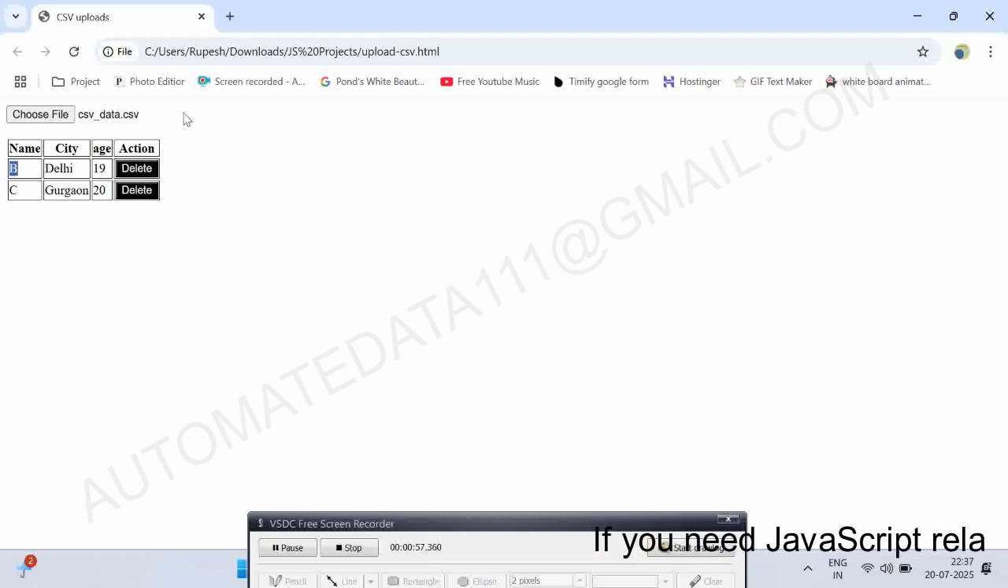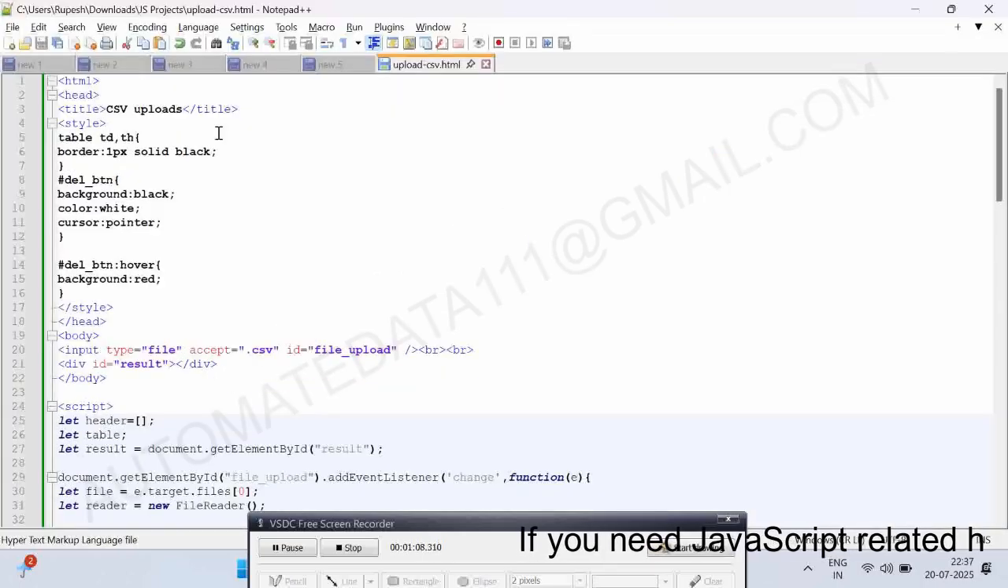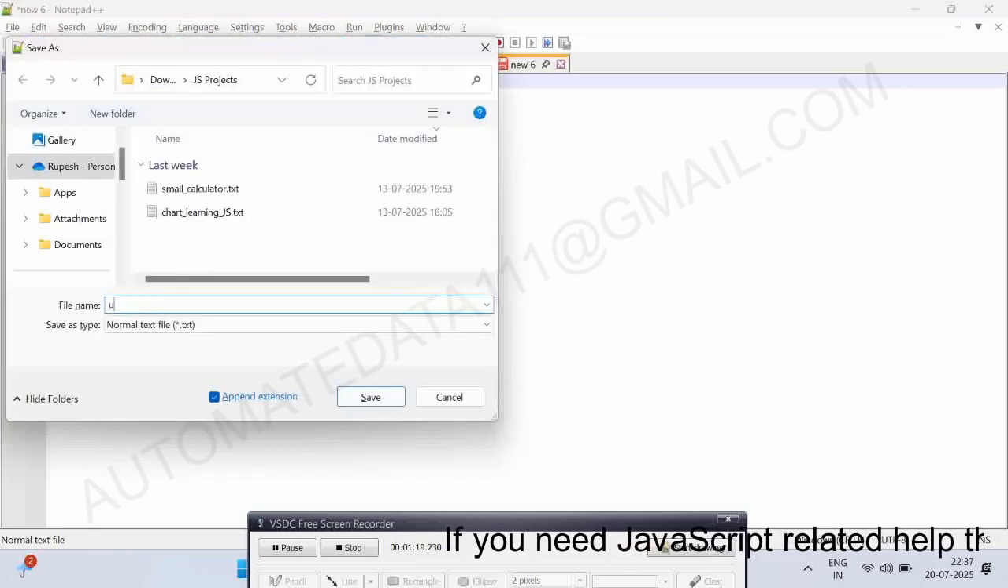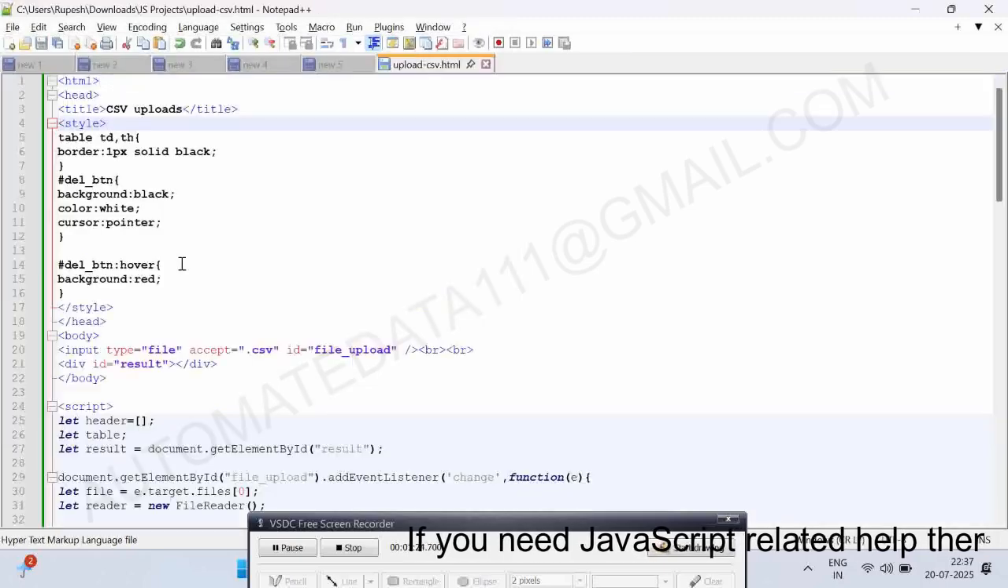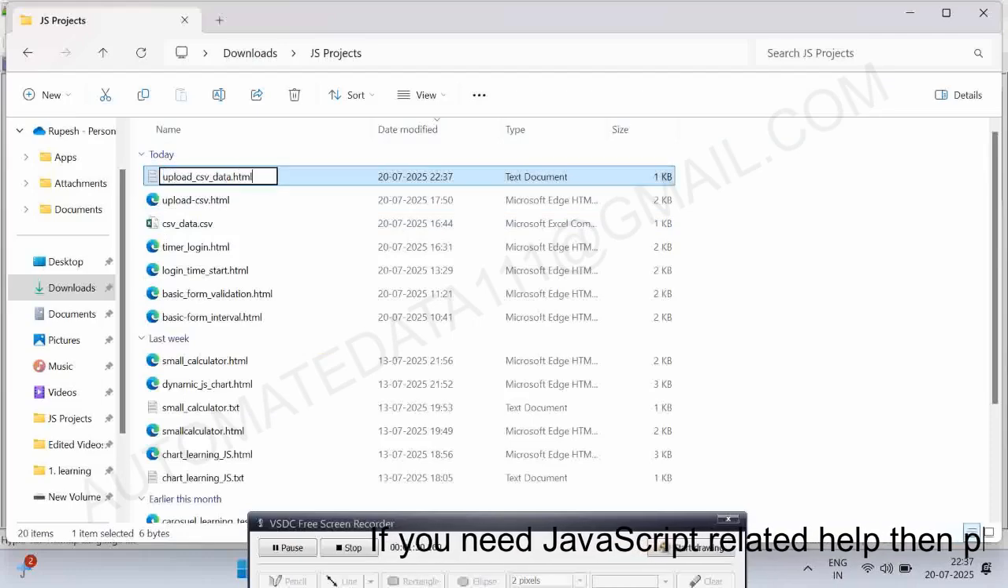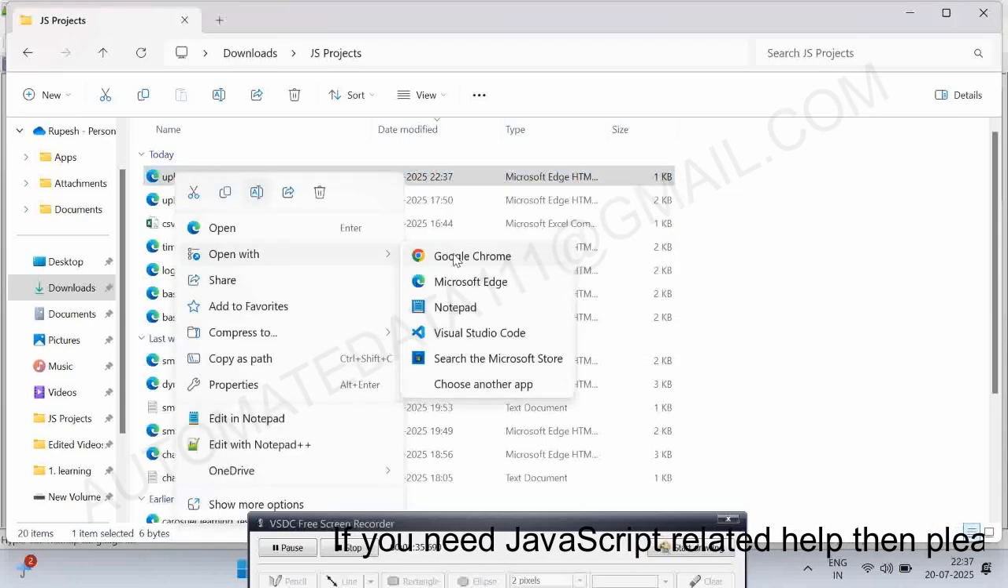So now what we need to do here, first of all, let's create one notepad, and that notepad we will convert into the HTML table. So if you click on this notepad, okay, and let me save this notepad in my folder upload CSV data, closing this file, and I am converting this into the HTML table. So if you open this in the Chrome browser,